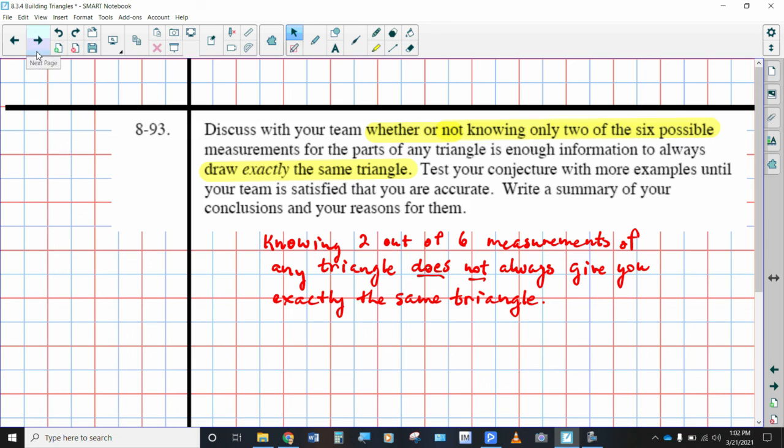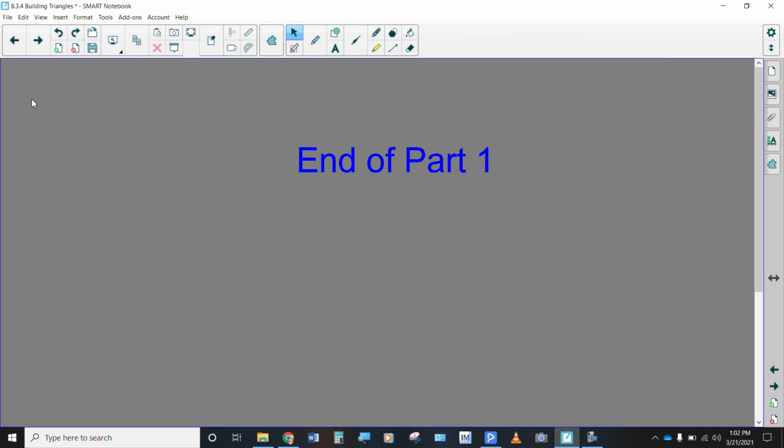So what if we go to 3 then? Oh, is this a 2-parter? Ooh, fun. How much time do we have here? Actually, you know what? I'm going to go ahead and stop this one right now, and we will do this in 2 parts. So this was a relatively quick lesson,